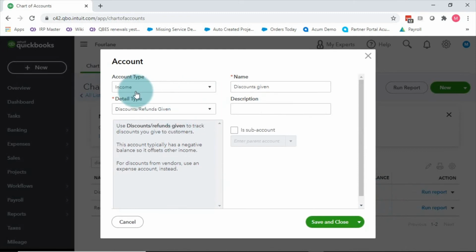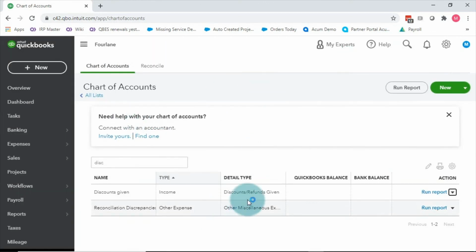So it would have gone in as a negative income, basically. Contra income is because income sits regularly as a credit balance. A discount will be a debit balance, so therefore it's contra to what an income account naturally is, which is a credit balance. So this is a correct way to have that set up.